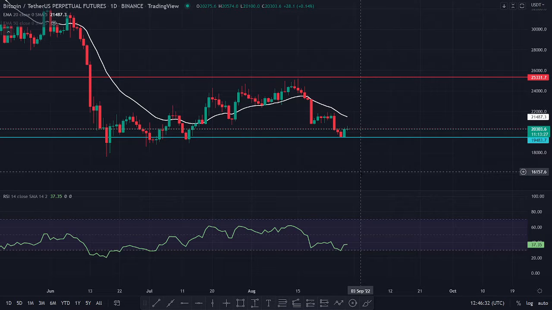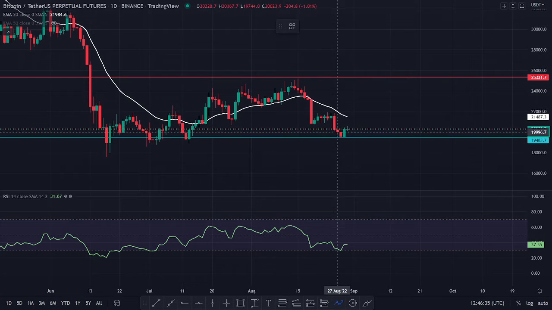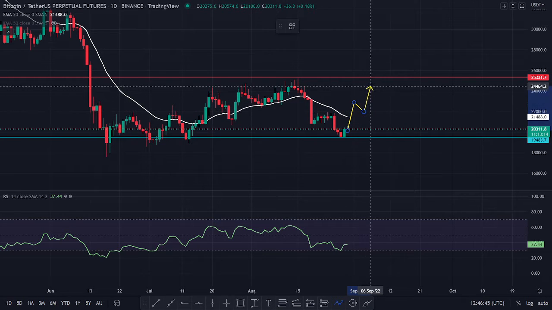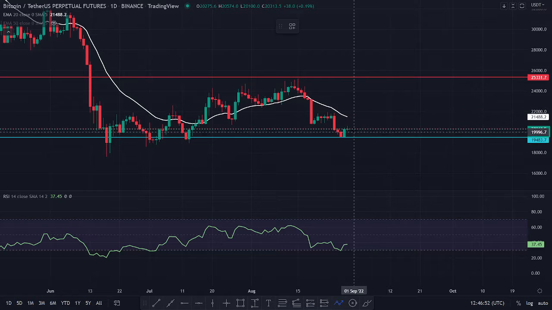Now, there are two possibilities at this important area. Number one, you can see Bitcoin actually rise above this previous resistance, and have a small time retracement and rise till this 25,000 level mark right here. Or the worst case scenario, Bitcoin will actually go below this support level, have a small time retracement to the upside, and continue its downtrend.